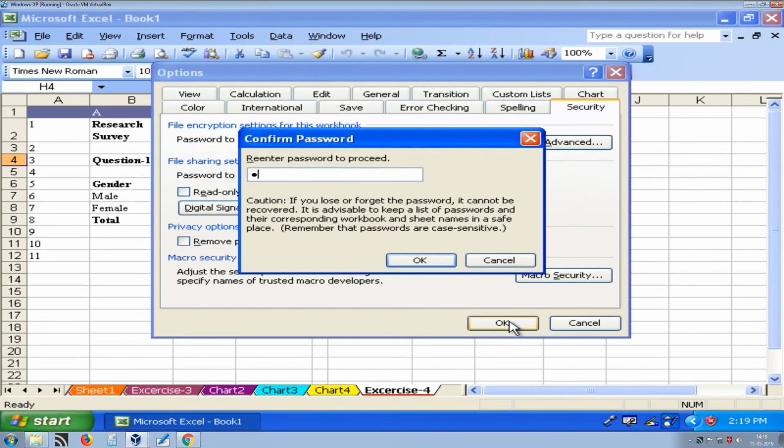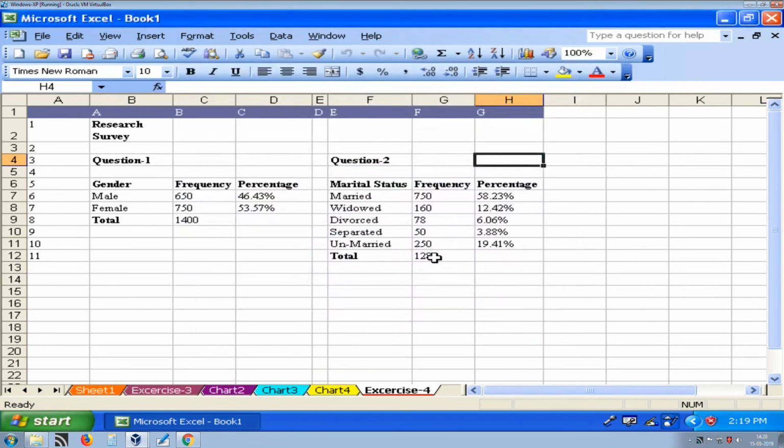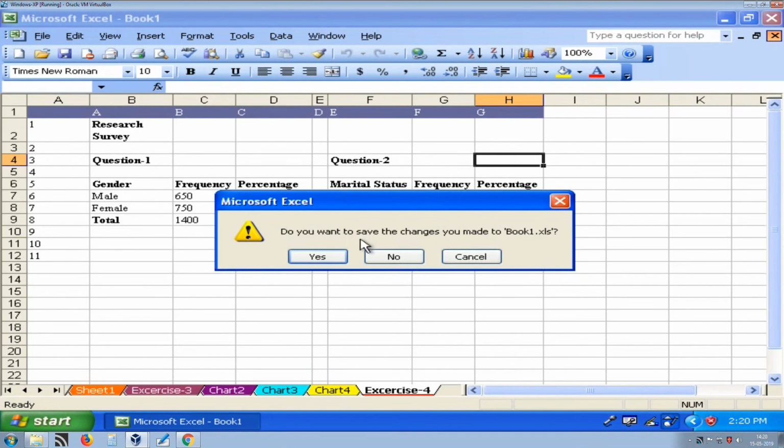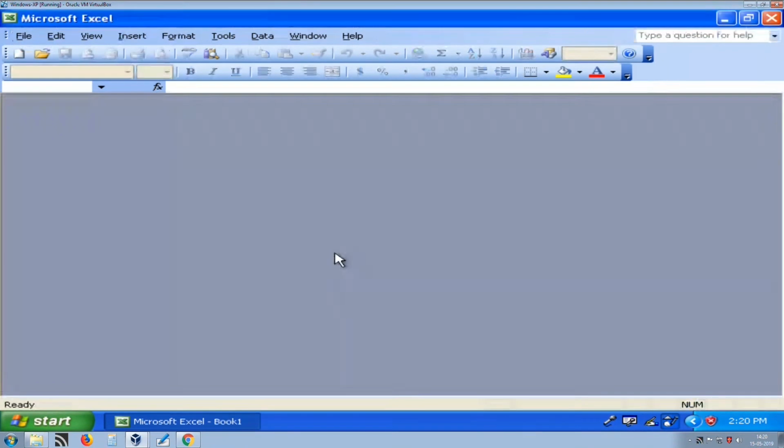So, here I am repeating password to open. Now, it asks me to re-enter password to modify. So, again I am entering the password which is required to modify our file. Now, I am closing this file and saving it.